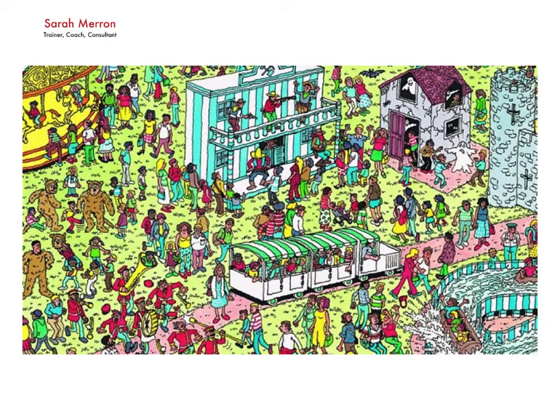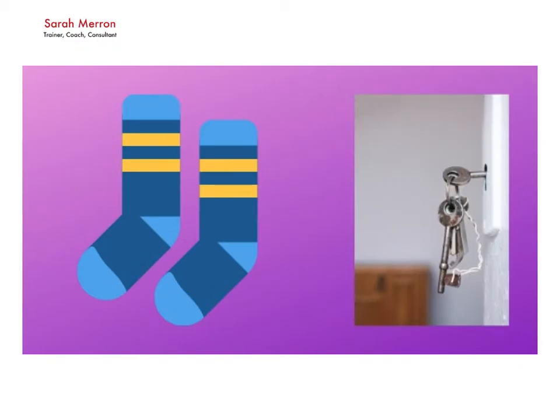And think of it this way: have you ever looked for your keys and you look in the normal place and they're not there, and then you go back and actually they are there? Interesting, isn't it? Have you ever had one of your children or your partner look for their socks in a cupboard or a drawer and they go, oh, they're just not there? And then you go and look and they're exactly where you thought they were, where you expected them to be. Interesting. So, whether it's your socks or whether it's your keys or whether we live in one big giant world of where's Wally, effectively, it's a big old illusion.